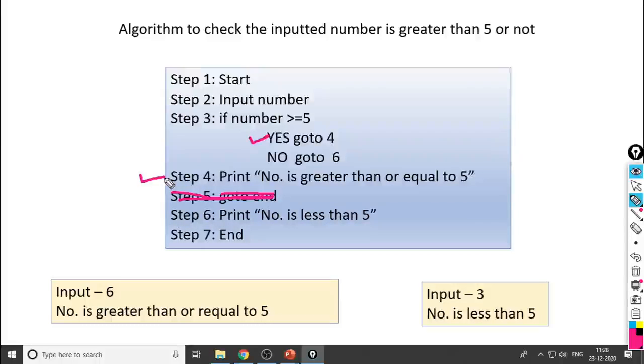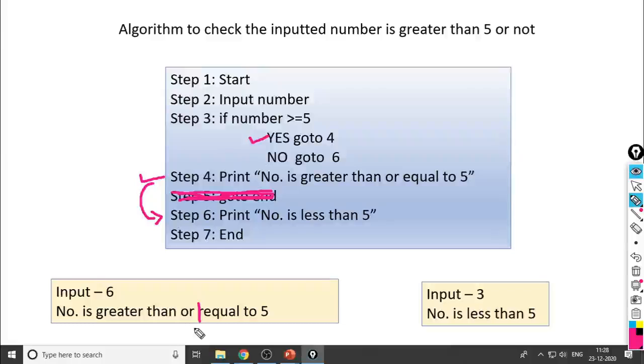But according to the rule, the algorithm takes control to the next consecutive, sequential statement, and the go to end statement is not there. So it will take control to step number 6 and execute that one: number is less than 5. So you will get two outputs: number is greater than or equal to 5, and below this, number is less than 5.